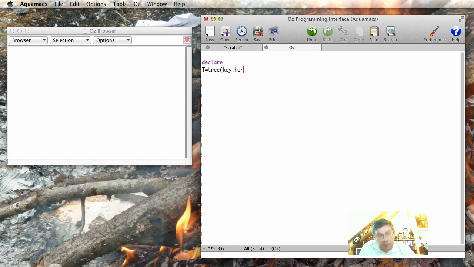Key, for example, is horse. Value is cheval. And then the left subtree, well, let's go on. For example, the key is dog, and the value is chien. Okay, it has a left subtree. Key is cat, value is chat. And now we have the left subtree is a leaf, the right subtree is a leaf, and the right subtree